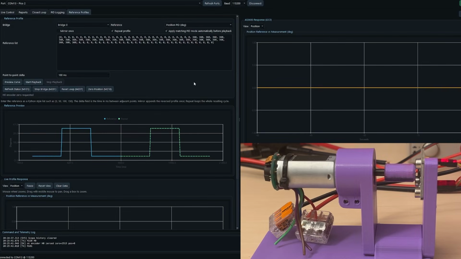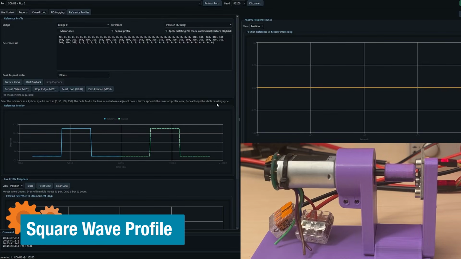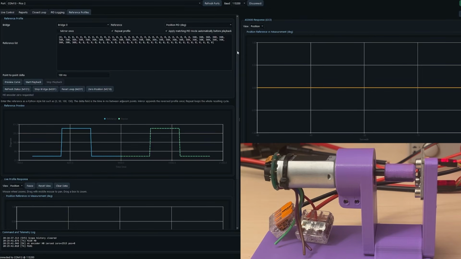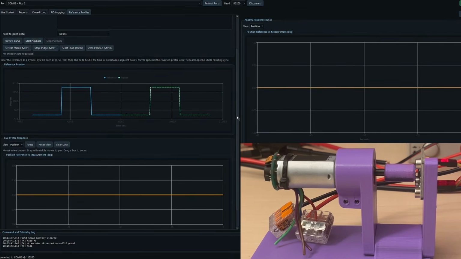Like last time, we're back in the graphical user interface. We have the motor at the bottom right of your screen, and now we're going to look at curves. As you've seen in the PID tuning and generally in the drawing, following curves like this, which is essentially a square wave, is pretty impossible in a real world scenario, and that's what we're going to show here. If we just reset the loop and zero the position and click start playback,